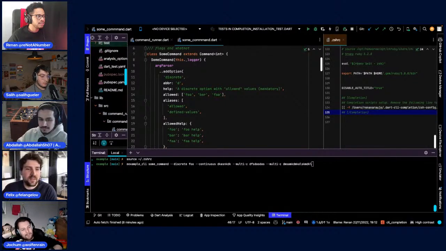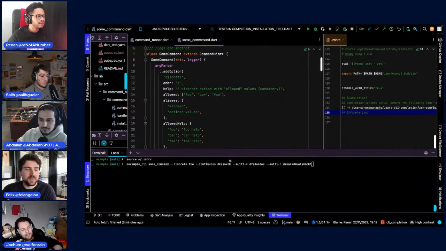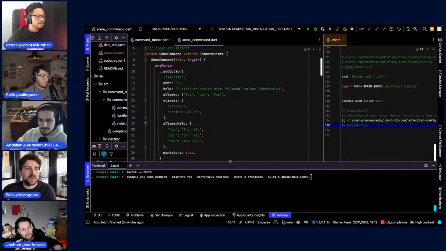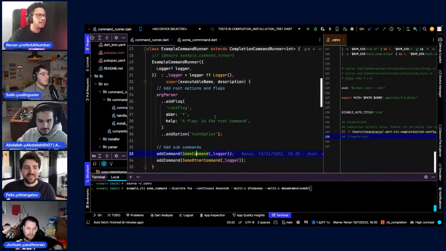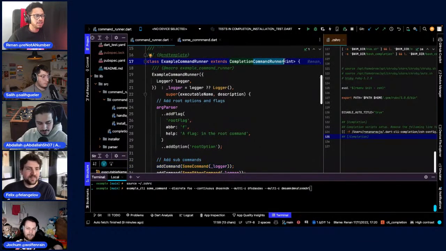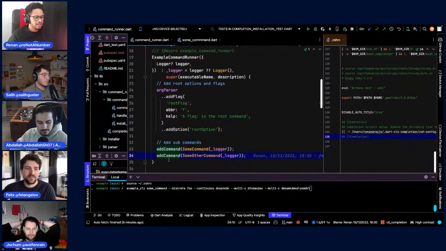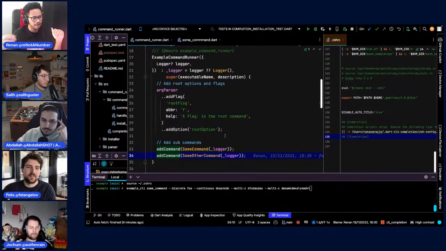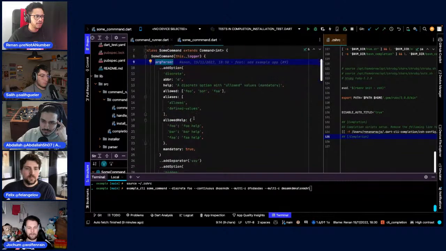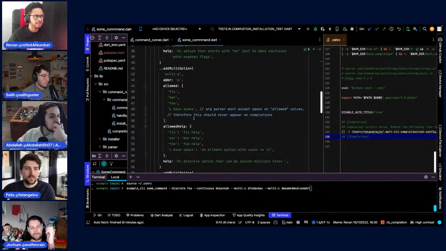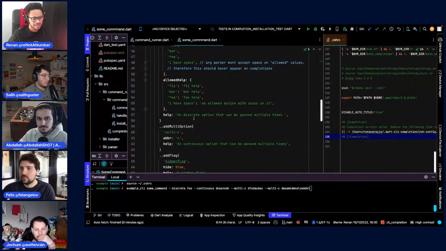Well, one thing I think we should call out is that basically all this is built on top of the args package. Yes, the args package, exactly. As long as you have a command runner structure and you provide commands, this creates in the background a kind of grammar which your CLI will interpret from the user, and from that grammar we produce suggestions. So here, this object that we are adding options and flags and stuff to,